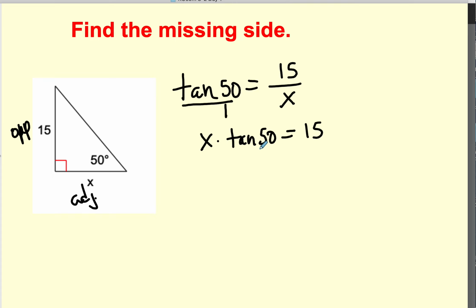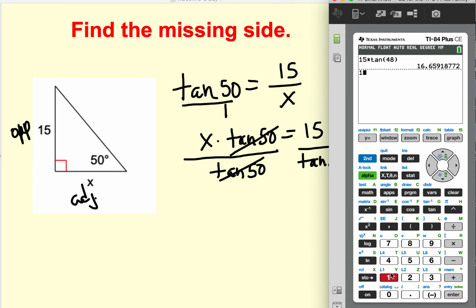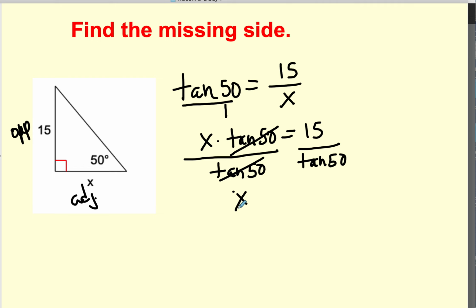Now this is a decimal, so don't worry about it. I'm going to divide by that decimal. I'm not going to use my calculator until I have what I want. This is going to reduce. So I'm going to use my calculator now. I'm going to put 15, then press the divide sign, tangent of 50, in parentheses, and then enter, and my answer is about 12.6. So x is about